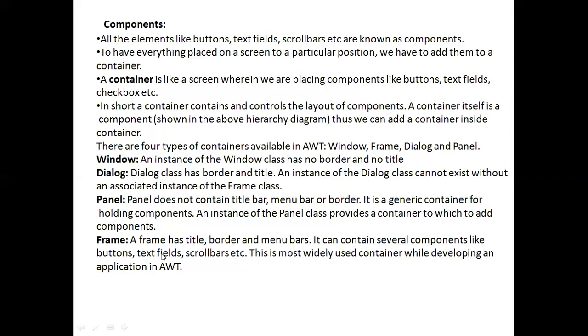Coming to the Frame, it has a title, border and menu bars. It can contain several components like buttons, text fields, scroll bars, etc. It is the most widely used container while developing an application in AWT.